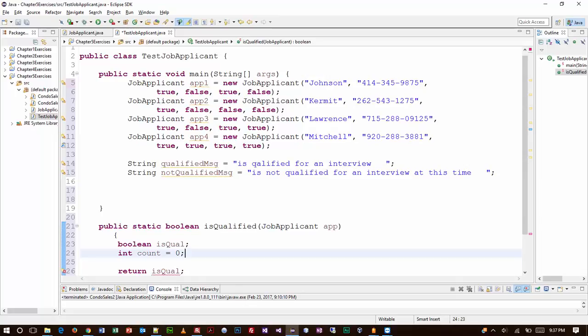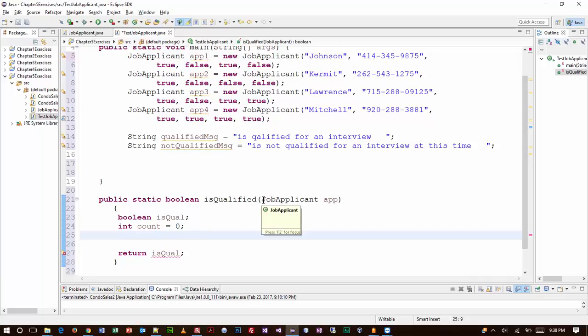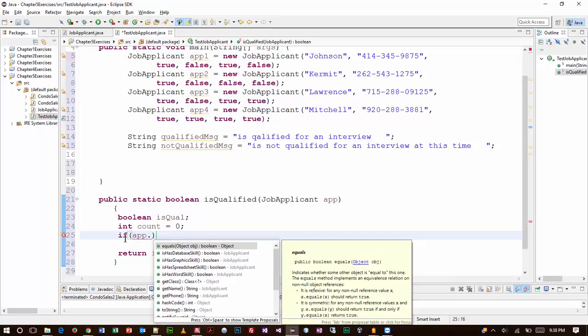All right. And now we have to do some decisions, right? Watch how I'm going to approach this. Keep in mind that what we're going to be passing in from wherever we call this is the whole job applicant. So the whole thing as an object with all the values that we preset are coming in. So we're going to be reading those qualifications out of that object. So one thing I'm going to do is I'll say something like this. I'll say if that job applicant, whoever it is, and we're going to get,